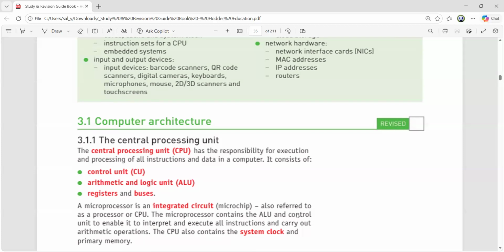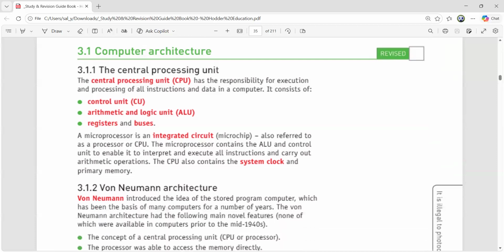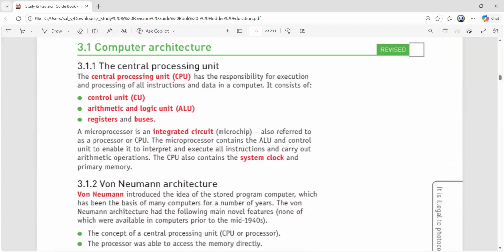The CPU is said to contain the system clock, and it is also said to contain the primary memory. This should be made very clear: it is actually not a part of the CPU. But since the CPU and memory are constantly linked with each other, they say that the CPU also contains the primary memory, because primary memory means, I hope you know, RAM and ROM. But here we are referring to the term RAM in order to work on primary memory. Any questions till now? The CPU itself is clear, microprocessor, CPU or processor is clear, linking it with the real human body's brain.